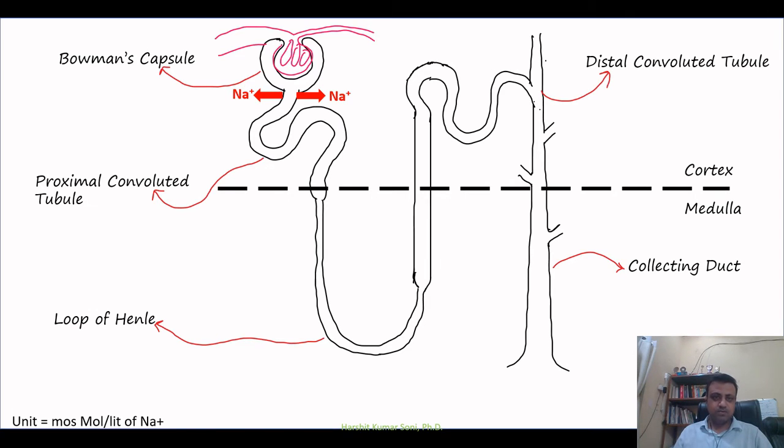This primary urine, the glomerular filtrate, it becomes hypertonic. So to make it again isotonic, water is absorbed passively. So we are absorbing sodium ion with force, and with sodium ion water is also coming, so that